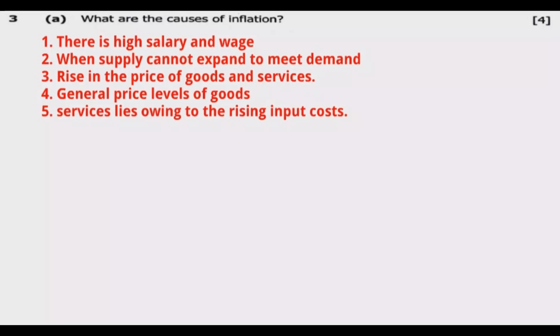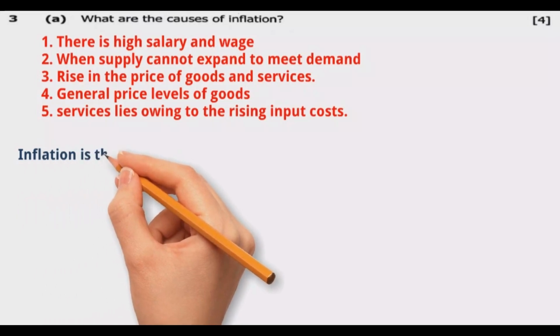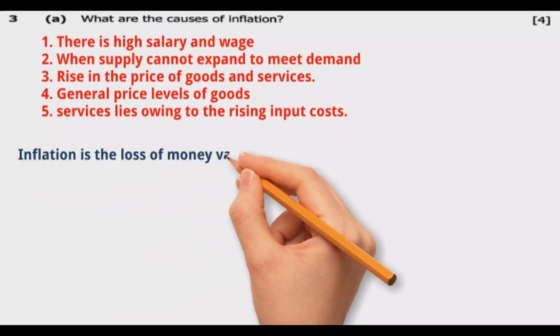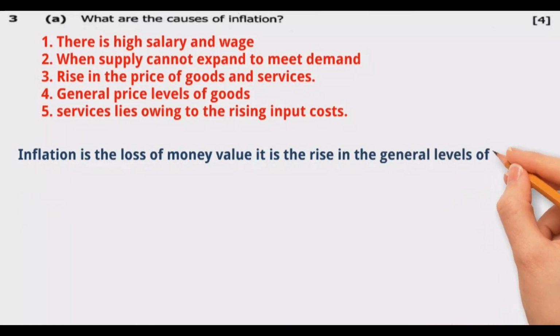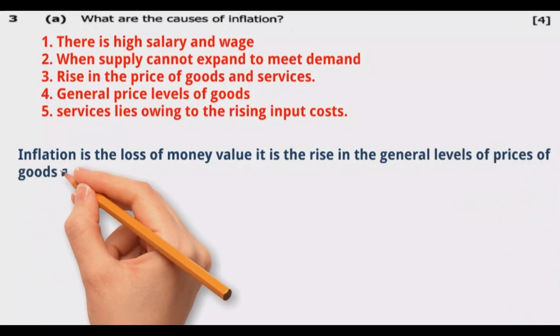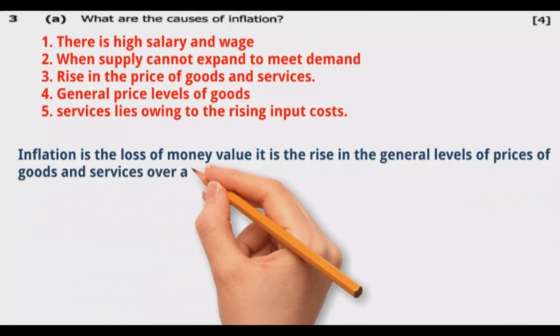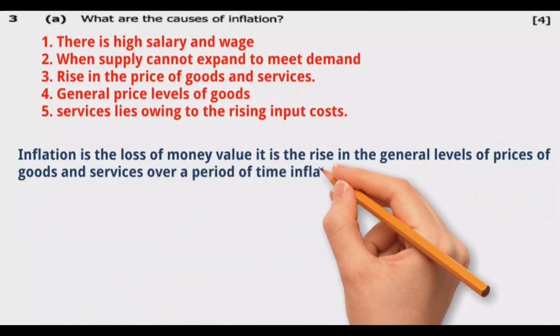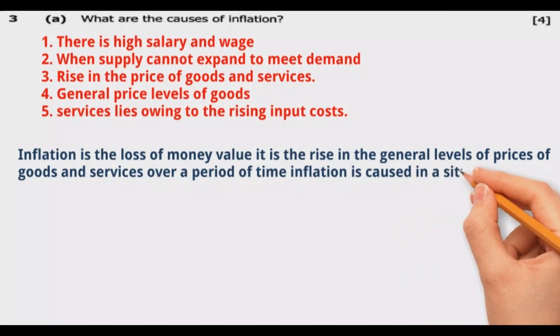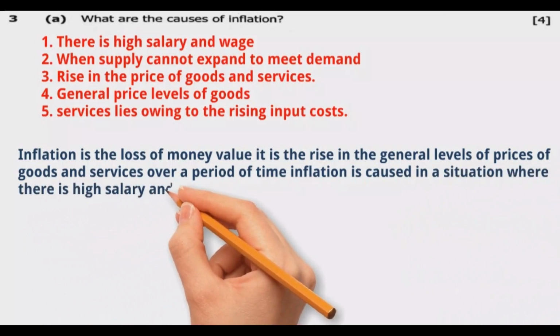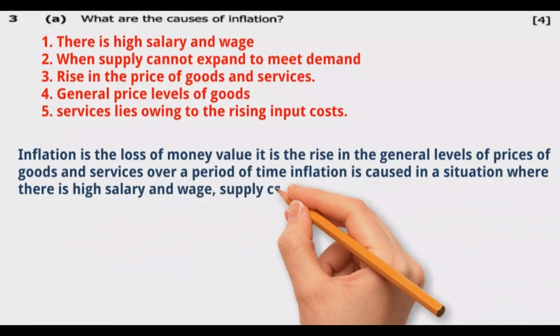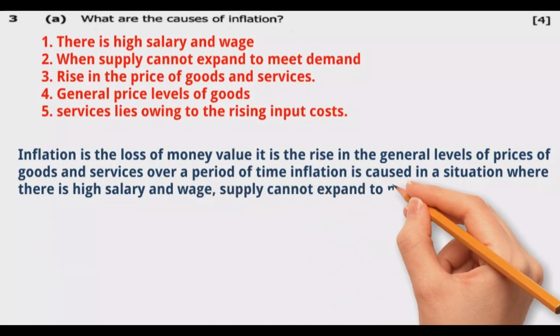Okay, now we go to constructing a short essay. So a short essay may be like this. Inflation is the loss of money value. It is the rise in the general levels of prices of goods and services over a period of time. Okay, so inflation is caused in situations where there is high salary and wage, supply cannot expand to meet demands,